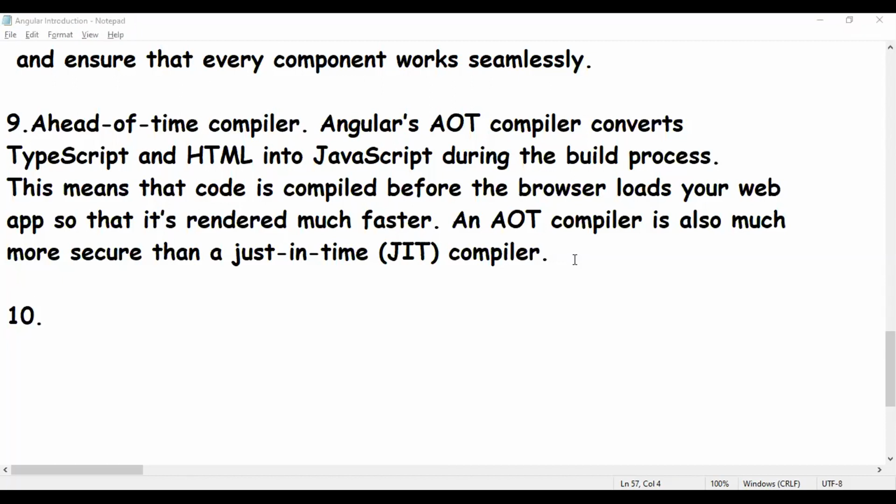CLI, the famous CLI, command line interface. It is probably the most beloved feature for the majority of Angular developers.